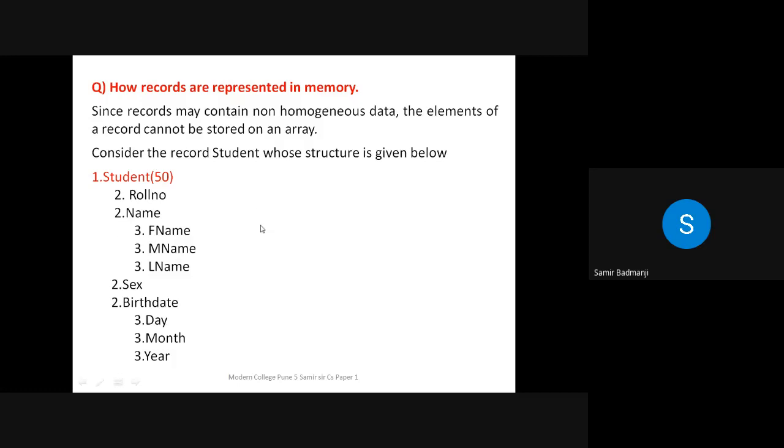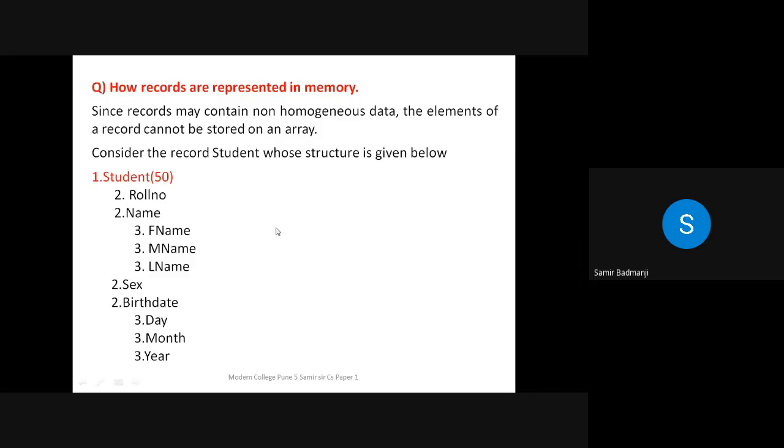In the same way, a question on pointers is asked: what do you mean by pointers, and how can they be represented in memory? Similarly for records: what do you mean by records, and how are they represented in memory? Like this for linked lists and trees also. The same question, actually in question number 4, the B part, is a 4 marks question. Usually such types of questions are asked related to data structures.